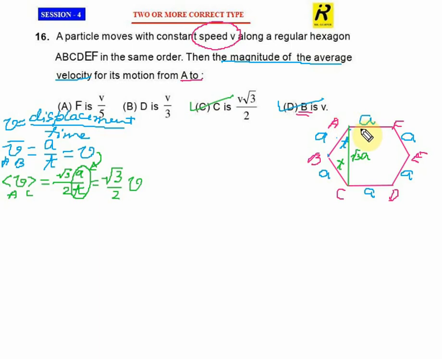So I have to check for the displacement of the particle now from A to D. This is said in option B. Let me check whether it is correct or not. For that I jump to the discussion like this. So now I have to bother about the displacement from this point to this point. Now I have to work out what should be this length.